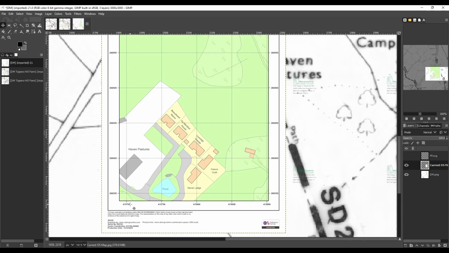There we go, down here, and you can see we've got this number here, 415,700. Perhaps I ought to go in a bit closer. Well, I think that'll do. 415,700. So what this means is that this line here needs to be 700 meters from the left-hand edge of